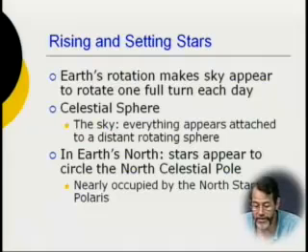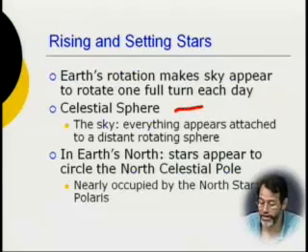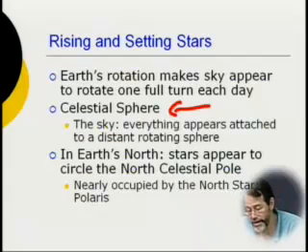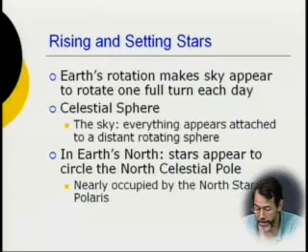One way to consider the sky is to consider all those stars, instead of as being strewn about the universe, this was a popular way to think about it several hundred years ago, as just glued to this big sphere that's far from the Earth. You can call that sphere the celestial sphere. Today we know that the celestial sphere is just a useful construct for trying to understand things. There is no big sphere out there. You can't go to the edge of the sphere and look out and see what's there. But it's useful to think about things that way.